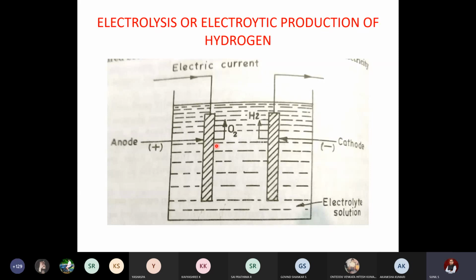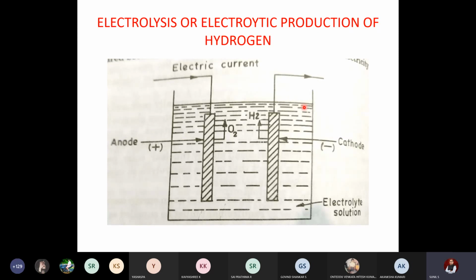Okay, there is an electrolyzer. The next question is, why don't we fill only water here? Why an electrolytic solution also? Because water is not a very good conductor of electricity. So to conduct the electricity and proceed with the reaction, a good conductor material is used.